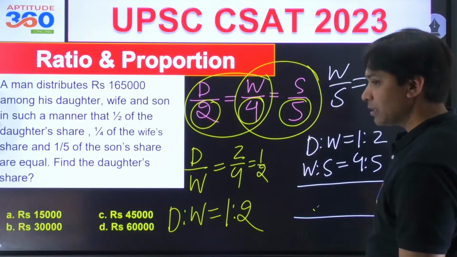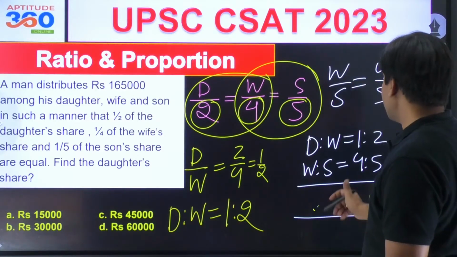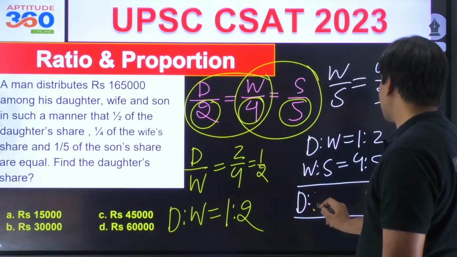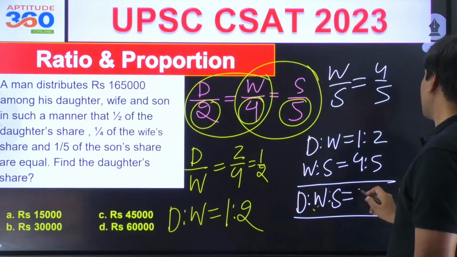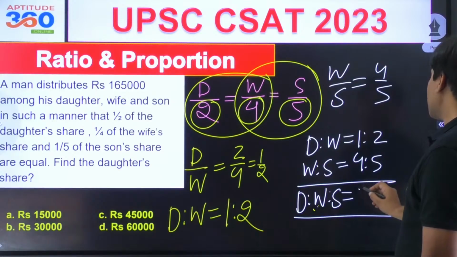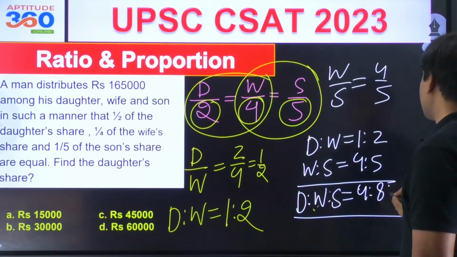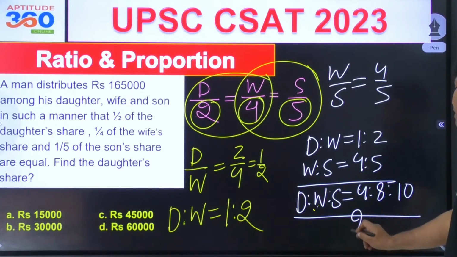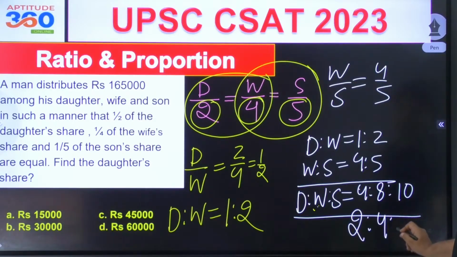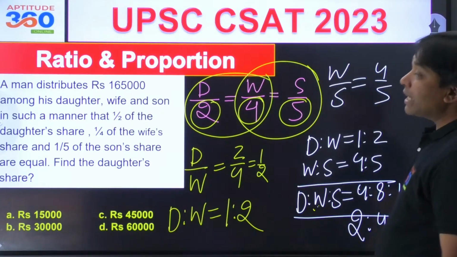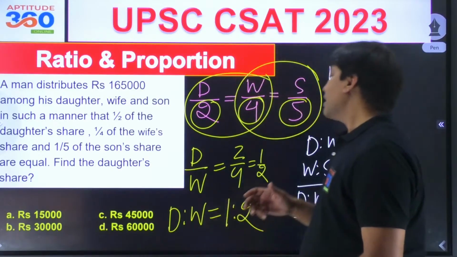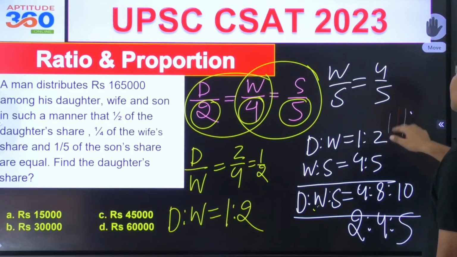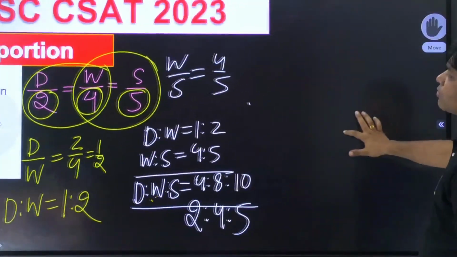Half of daughter, and then so this is 4, 8 and 10. सिंप्लीफाई करोगे ना तो ये वापस 2, 4 and 5 आ जाएगा। तो एक नई चीज सीखी आपने इस प्रॉब्लम पे। वो नई चीज आपने क्या सीखी कि ये करने की जरूरत ही नहीं थी आपको, ये बिल्कुल करने की जरूरत नहीं है।